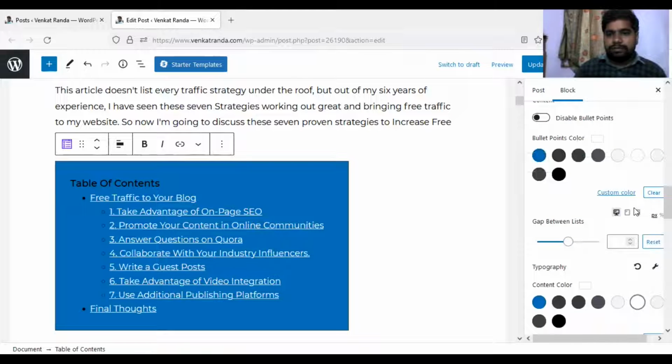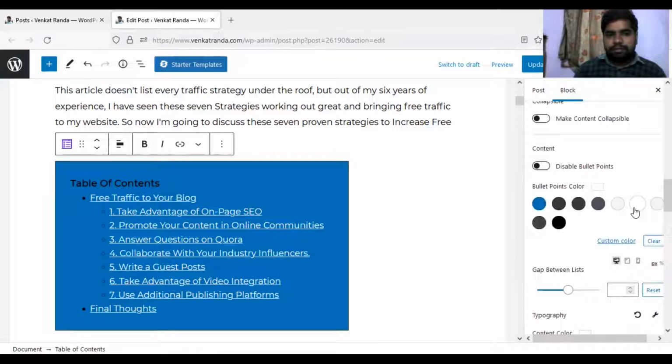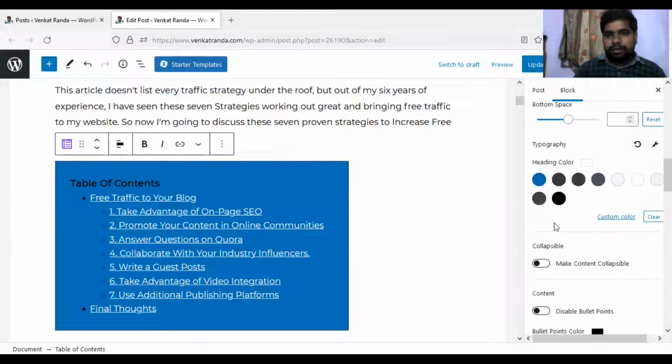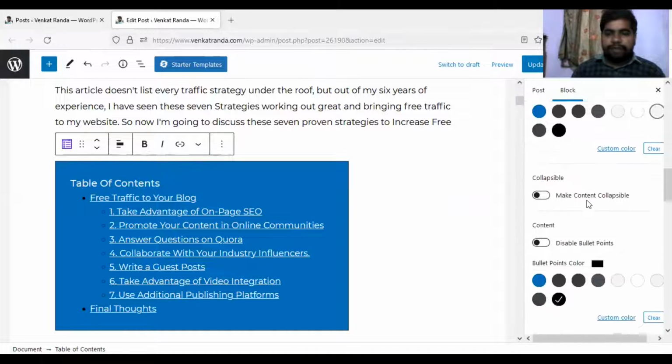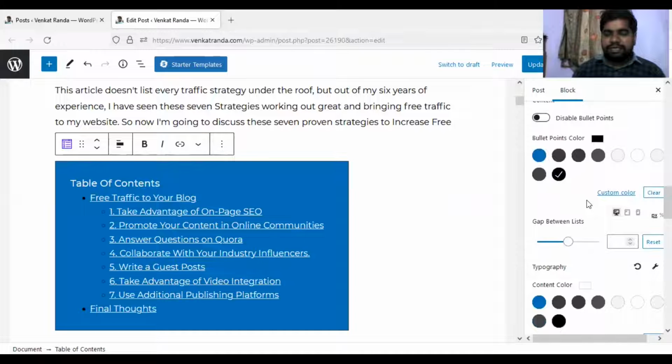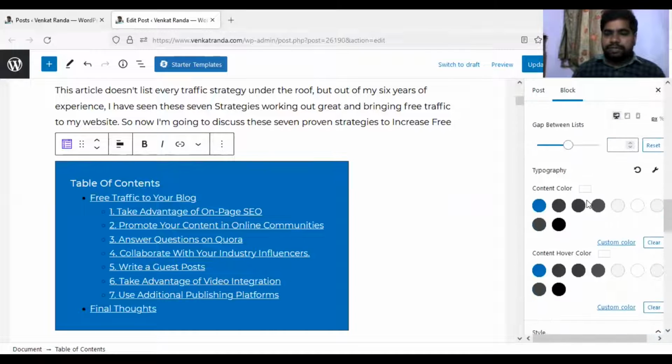Heading color, bullet points black, heading color also white. In this way you can customize your table of contents. You can change the background color, text color, and heading color like this.